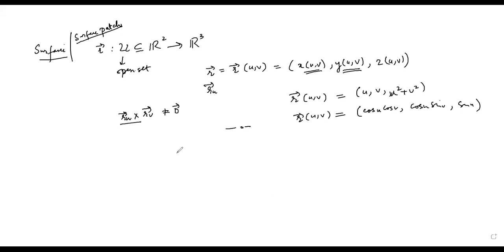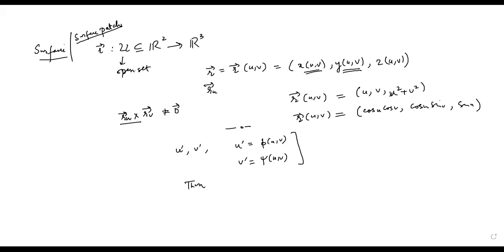Now if we have another parameters u prime, v prime, which are related to the original parameters by means of two functions, say u prime equal to phi(u,v) and v prime equal to psi(u,v). If these are our change of parameters equations,